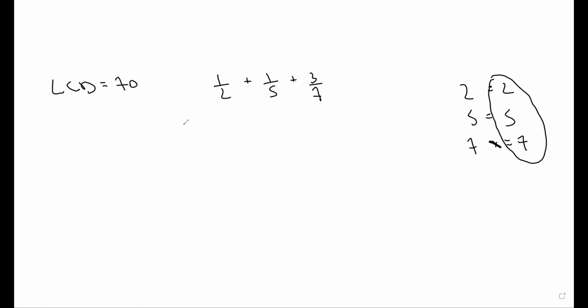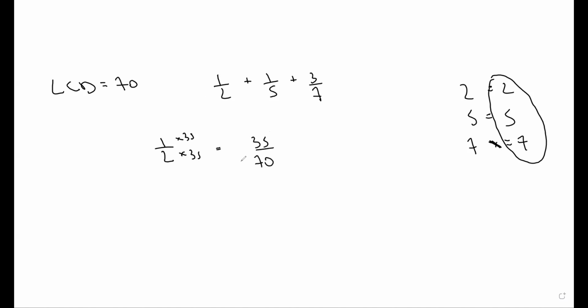70, very good. Okay, now let's rewrite these. For 1/2, that's pretty easy to rewrite because 35 is half of 70. So you're going to end up getting 35/70 for that part. But let's keep it kind of formal. Let's take 1/2. On the bottom, you would have to multiply it by 35, and on the top as well to get to 70. So that's